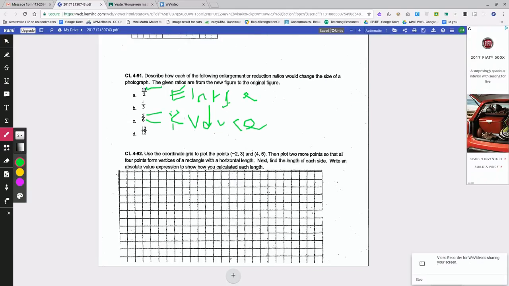All right, last question here. Use the coordinate grid to plot -2, 3, and 4, and 5. Then plot 2 more points, so all 4 points from the vertices have a horizontal length. So thinking if you were starting here, and -2 was here, and 3 was up, and you went 4 over, and 5 up, where would you have to plot